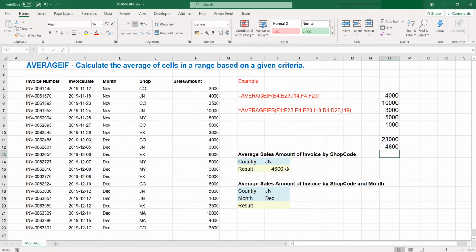Next, I'm going to talk about the AVERAGEIFS function. Sometimes we may want to calculate the value based on multiple criteria. The AVERAGEIFS function can help to do that. So I have prepared the criteria JN and December here. What we are going to do is to type equals